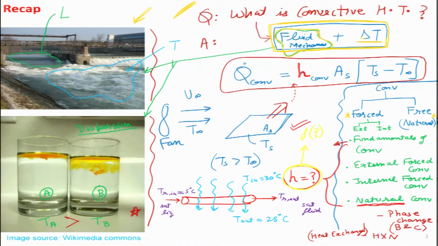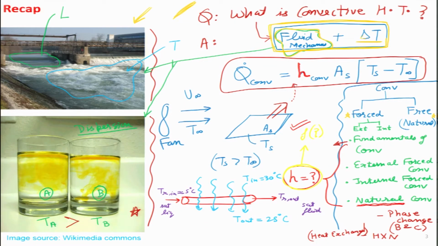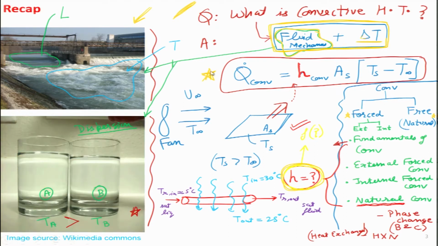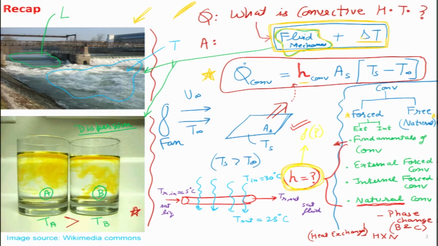If something naturally cools without the presence of a blower, because of change in density with temperature, so a hot cup of tea will gradually cool because the air around it starts to move because of the buoyancy effect, those kinds of convective heat transfer are classified as natural or free convection. So, we looked at some very simple examples shown in this particular slide, and one of the main concepts that we will focus on from this lecture onward is figuring out what is the value of h. The convection equation given over here is very straightforward, but the important thing that we have to figure out, which is a little difficult, is what is the value of h, the convective heat transfer coefficient.